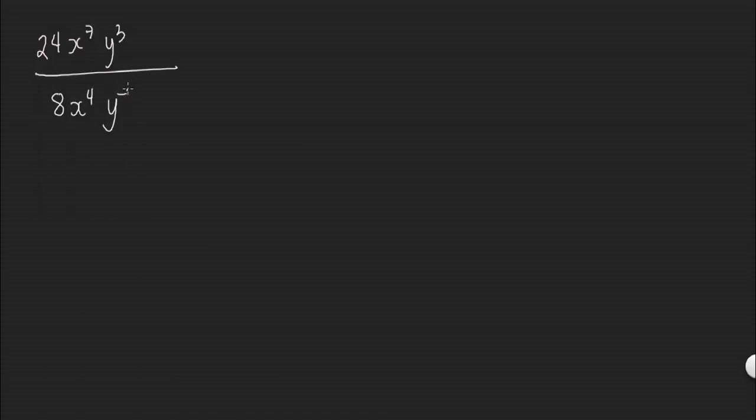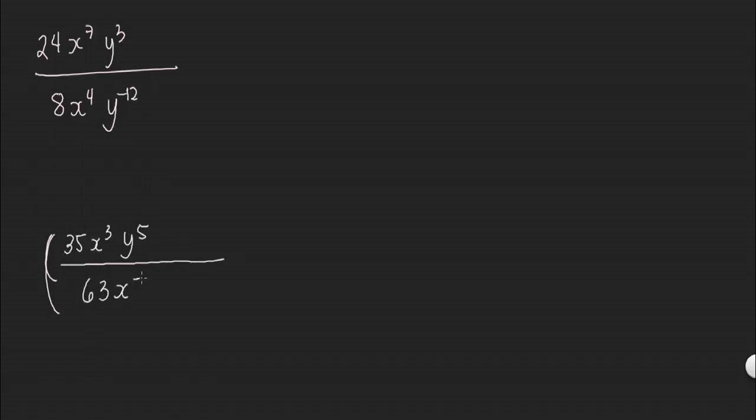Ito yung last two example na ibibigay ko sa inyo. 24x raised to 7, y raised to 3, over 8x raised to 4, y raised to negative 12. And 35x cubed, y raised to 5, over 63x raised to negative 4, y raised to 7, and then raised to 2. Okay, so dito muna tayo sa first